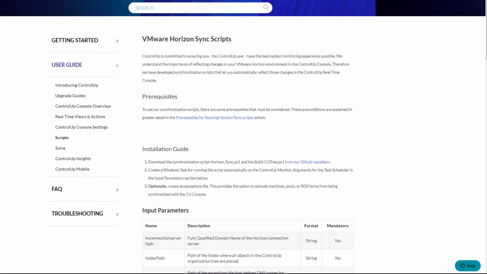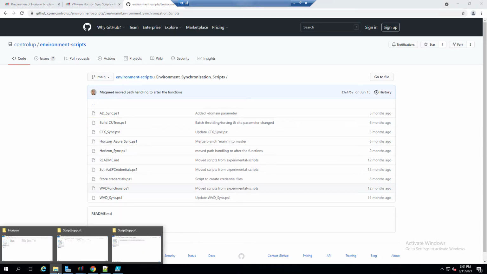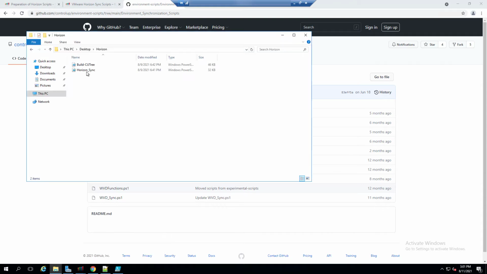The next step is getting the sync scripts themselves, and you will need 2 of them. Download them from our GitHub location. The link to the scripts can be found on the Horizon Sync script page. You'll want Horizon Sync PowerShell and the Build CU Tree one as well. Make sure you place these 2 scripts in the same folder on the monitor machine, where we built the credential